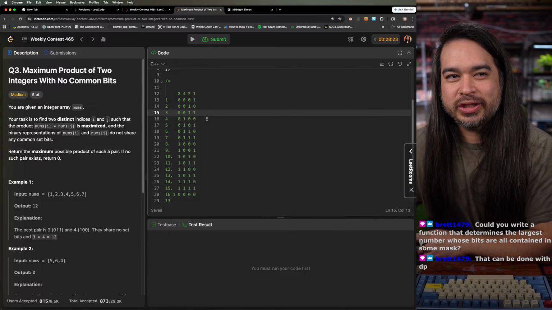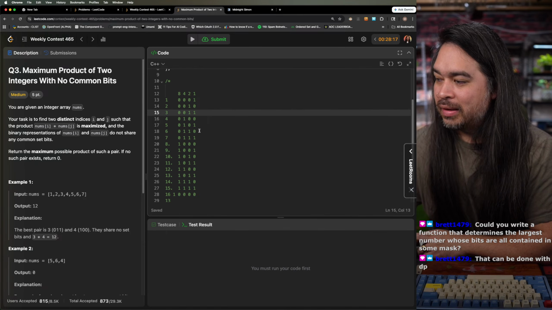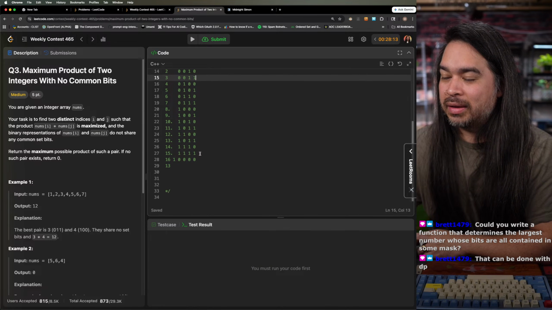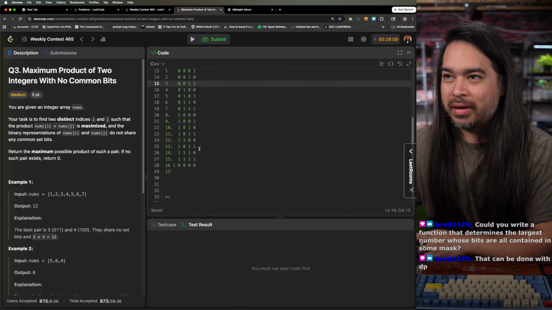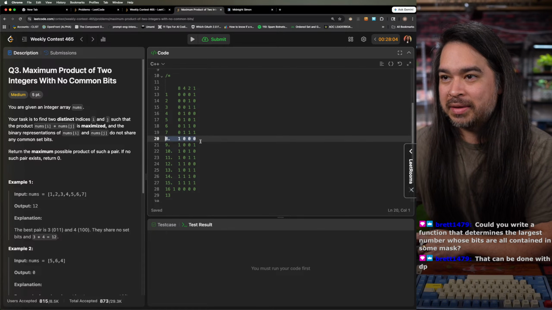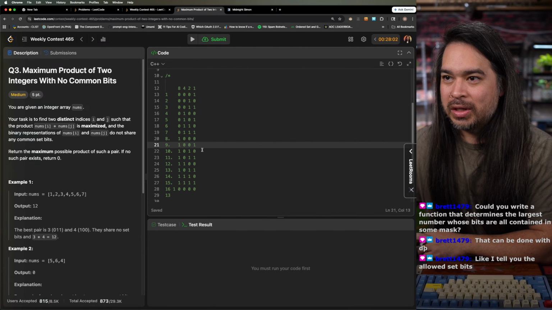Determines the largest number whose bits are all contained in some mask. So say the function takes in a number x and a mask. So if the number x is 11 and our mask is 15,